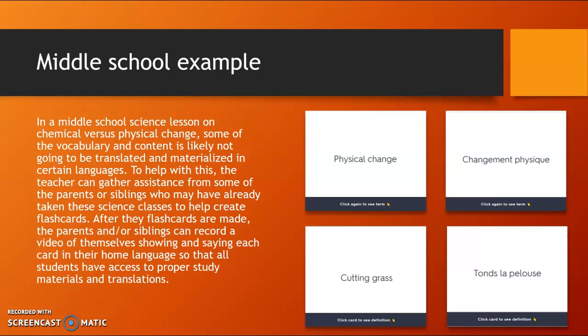So then the middle school example I had was that during a science lesson on chemical versus physical change, some of the vocab and content may not be translated into their home language or the materials may not be in a certain language. So to help, we can bring in the family members, or we could bring in parents, grandparents, aunts, uncles, siblings even who have taken this class already, and we can ask them to help us by translating